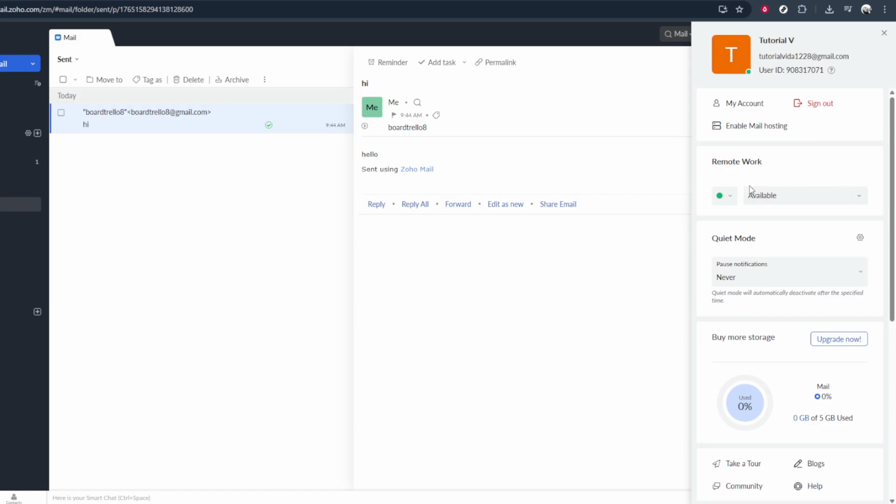Click on your profile icon, open the small arrow next to your current status, and then select the status that best describes your availability. With this quick habit, you'll communicate more clearly with your team